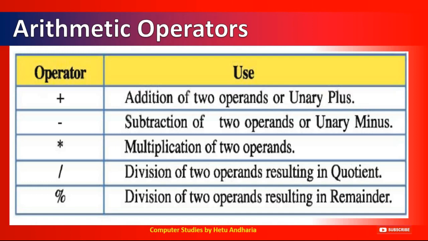Now the division sign is always used to get the quotient when you divide two numbers, but this one will help you to get the remainder value. What is the remainder? In future C programs, this is going to be the most helpful operator for you. So try to understand. Now I will explain you practically in C language only.